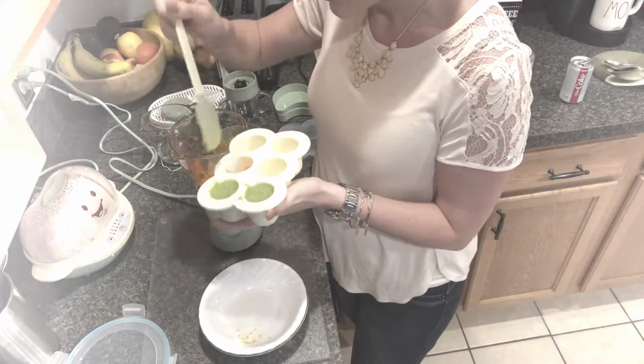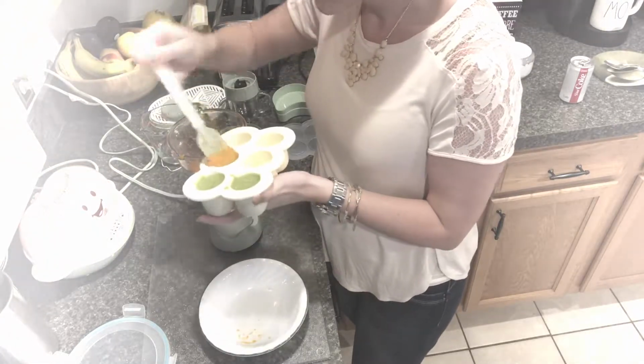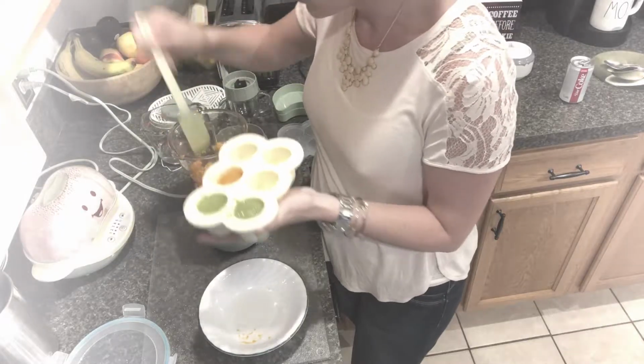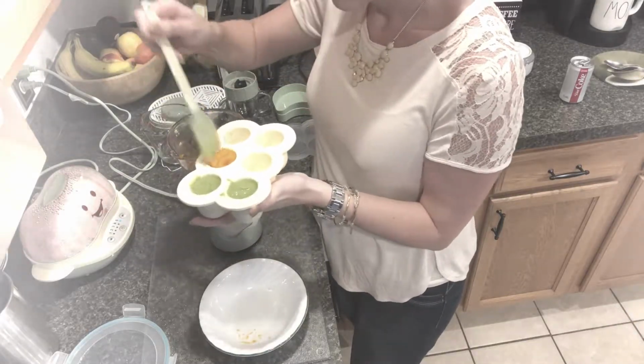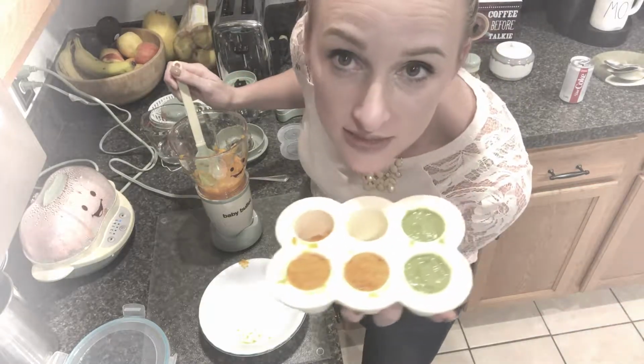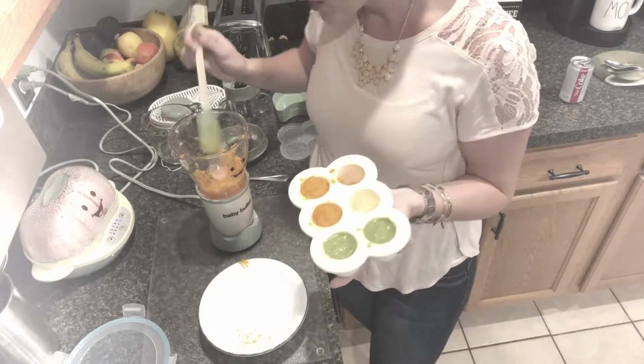because I want to have some just in case I don't make it to the store or something with my crazy schedule. Once I pop these out, look how cool this is. So cool. Once I pop these out, then